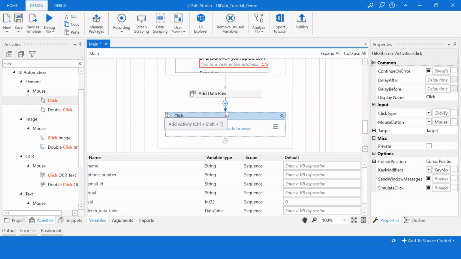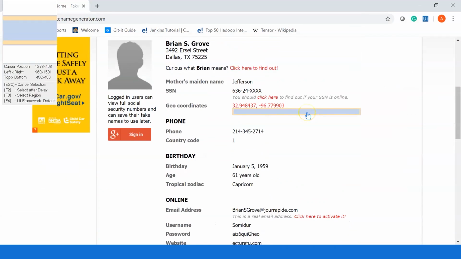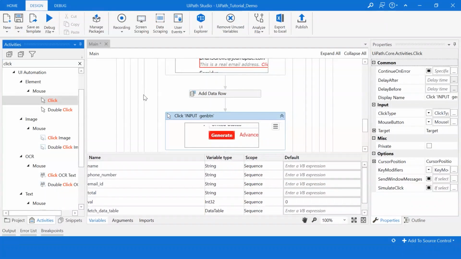Now we need to indicate where we want to click from the browser. So click on this, go on top and select generate. So we want to click on generate.